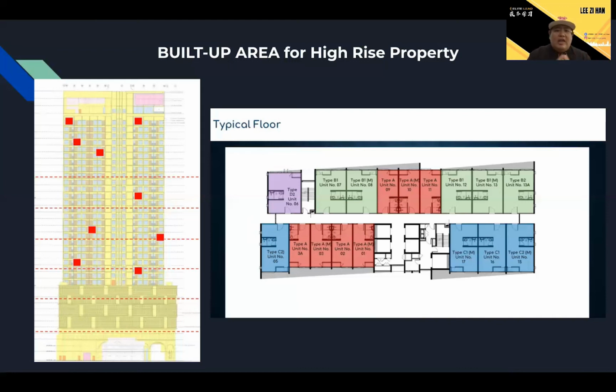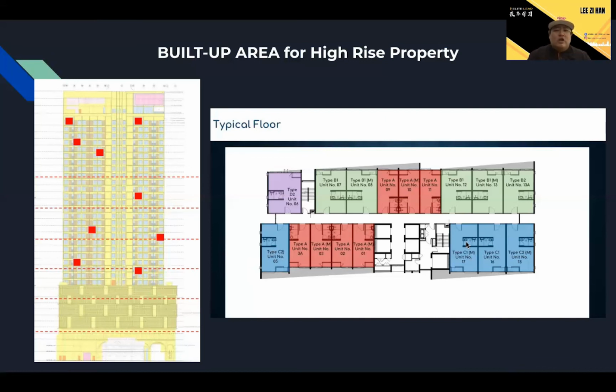So I only have the built-up area for my unit, whereas there is no land area. Like I said, if we talk about a high-rise building, the land area will be the whole piece of land that we are using to develop the whole project. So that is the difference between land area and built-up area for landed properties that I explained just now, and also for high-rise properties. So every single unit will have its own stratified title,